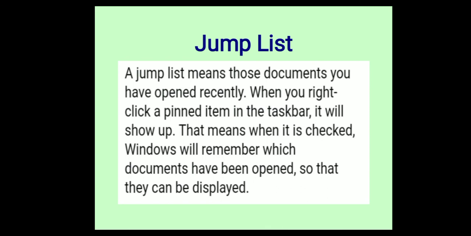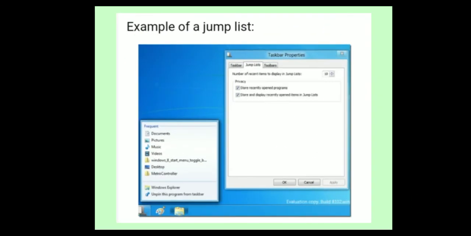the Windows taskbar shows your applications in serial order: first the first application, then second, then fourth. When you click the taskbar option, 5 applications are shown at a time. You click any one, open it and perform your work. Here is an example of a jump list. When you click here, there are many recent items, meaning what you opened: documents, photos, pictures, music are shown here. You click any one option and that particular item opens on your screen.